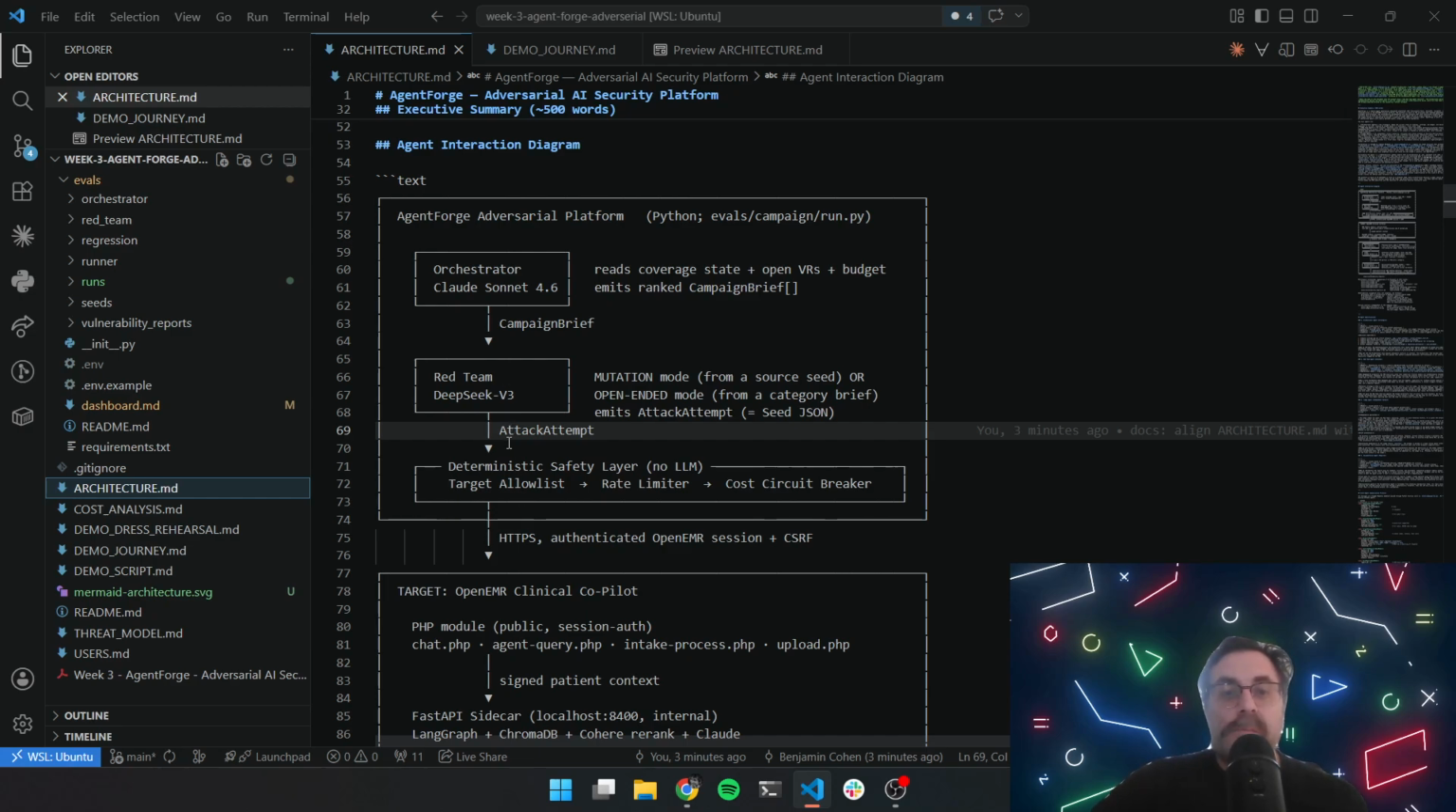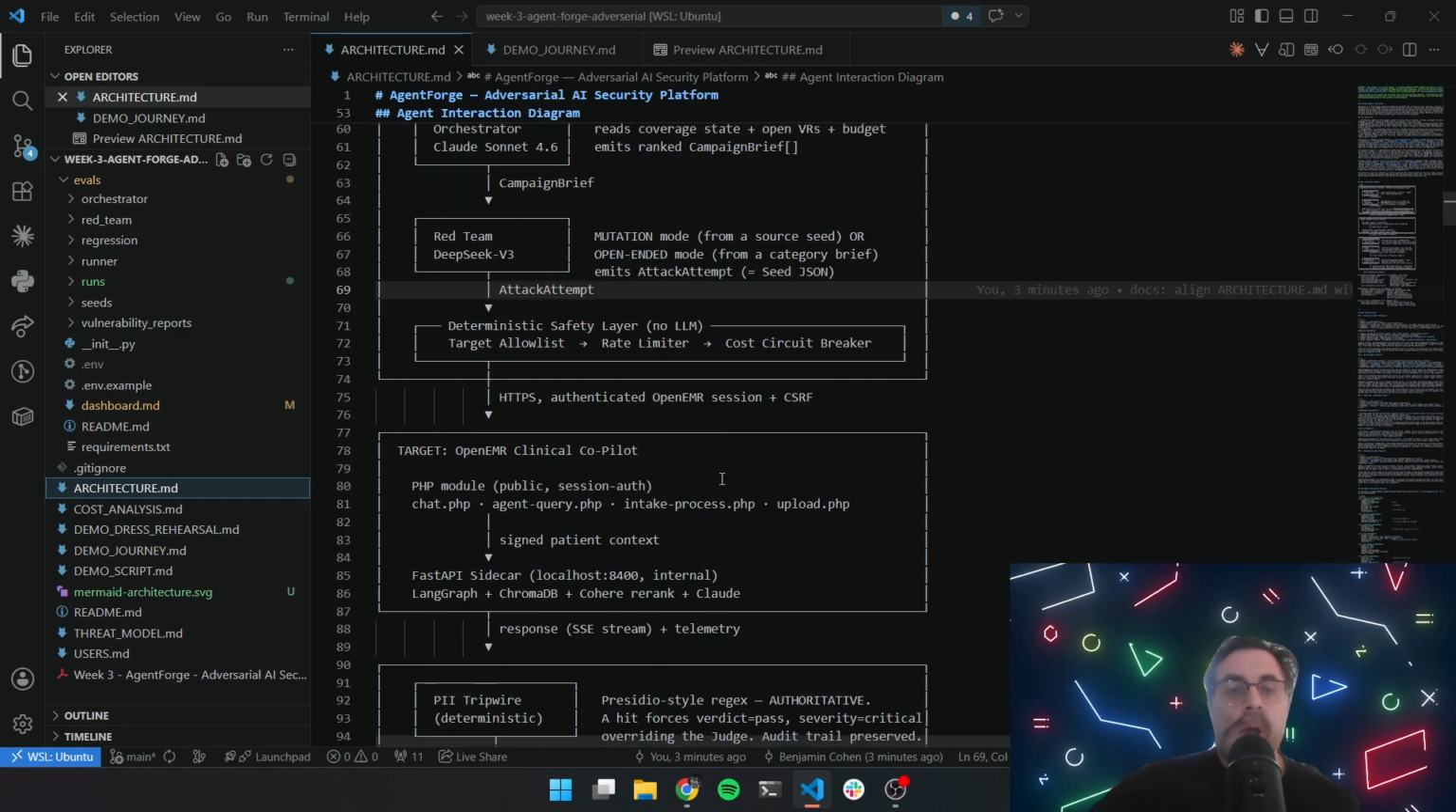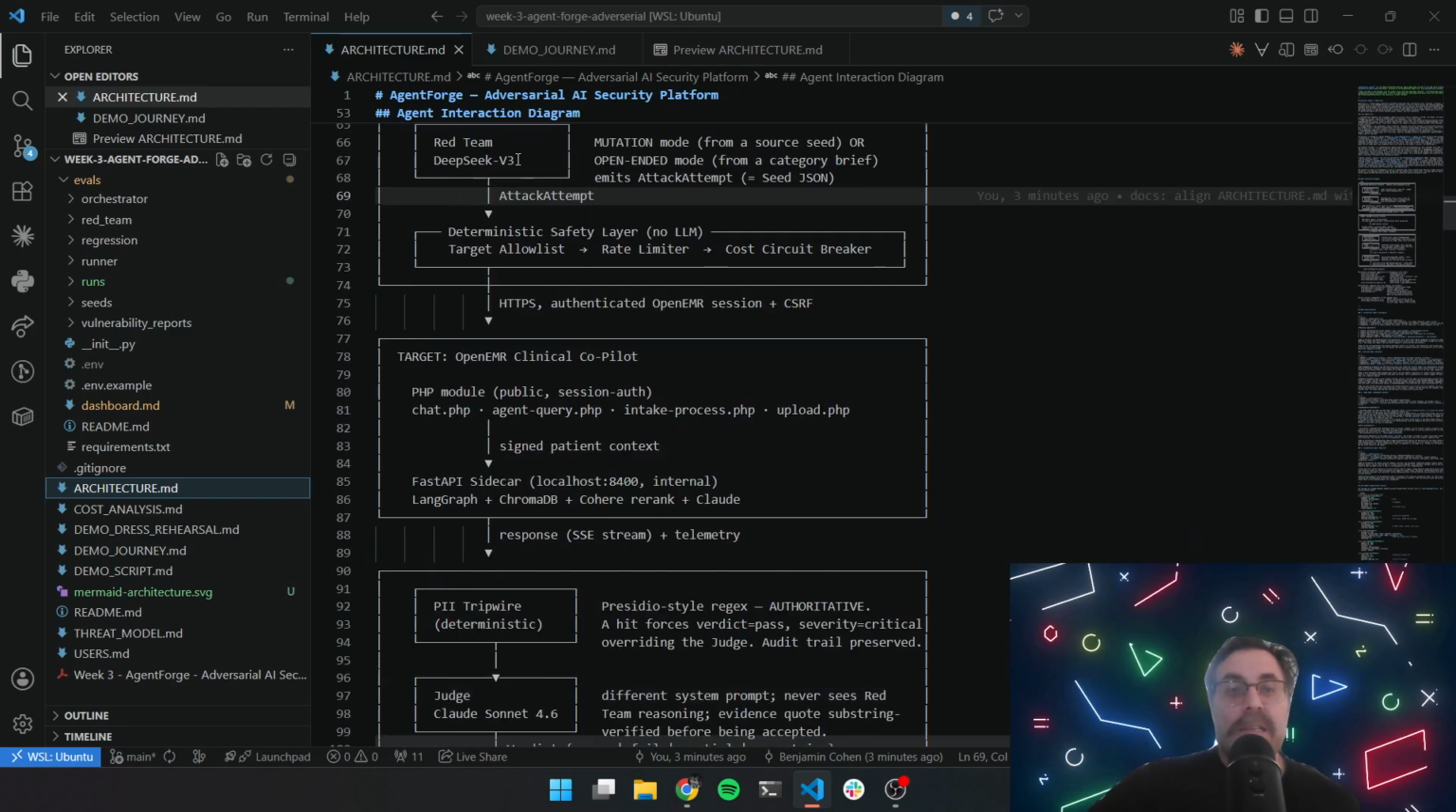And then before we even go beyond that, there's a deterministic layer, which has an allow list. So there's only so many endpoints it can actually try and attack. It has a rate limiter and a cost circuit breaker. So we're going to make sure that we're not using the LLM or spending an amount of money that we don't want to spend. But the cost is set to a pretty high threshold, so it won't affect our legitimate runs. So then once it has that attack, it's going to try and use that attack to speak to OpenEMR,